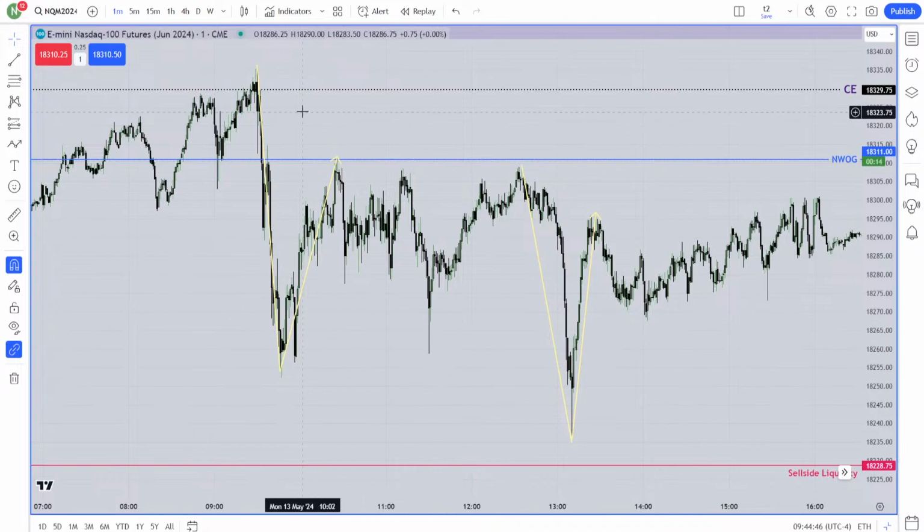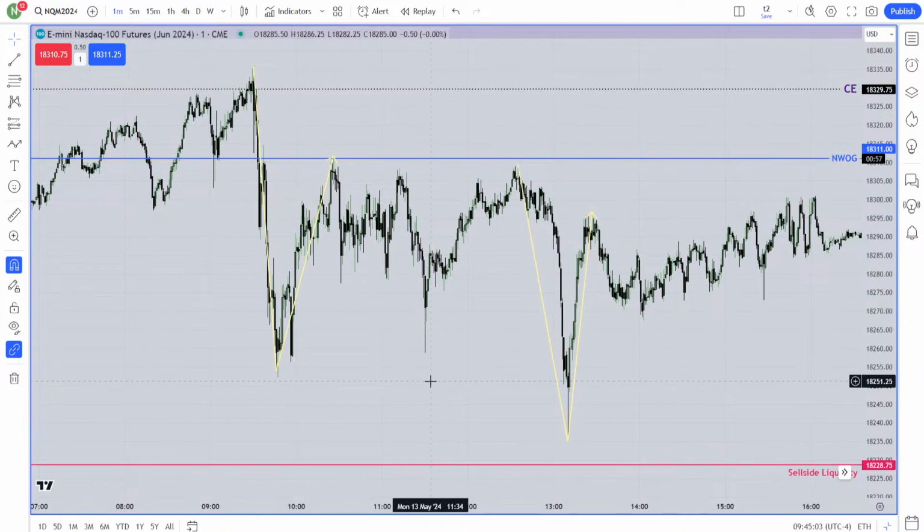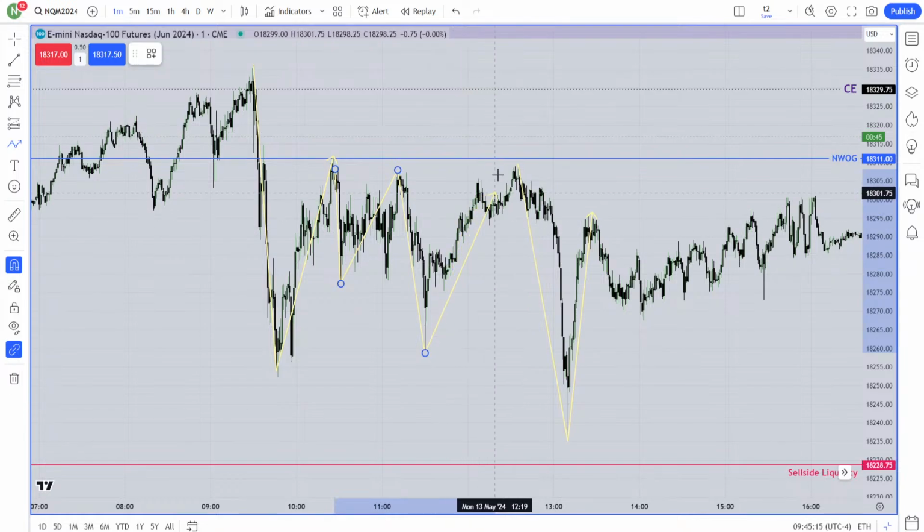Here you started to read the novel. You saw it happen. Then the market went lower. Let me mark it clearly. It went lower, went higher, went lower, then came here. Okay, this is the pattern that happened in the morning session.